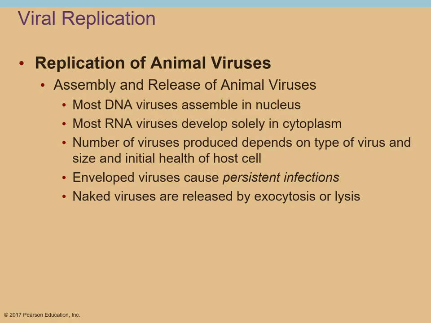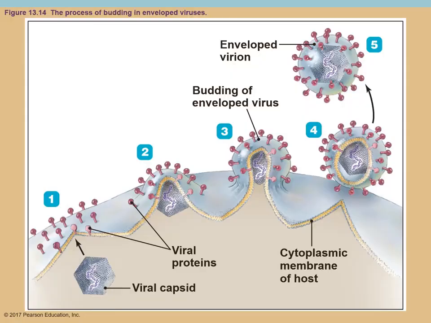Typically, your enveloped viruses can cause persistent infections. Naked viruses tend to be released by exocytosis or lysis. So as you can see here, here's a process where you have the glycoproteins that are on the surface of the cell. Here's your capsid with the viral nucleic acid, maybe DNA in here, or double-stranded RNA. It's going to move towards the outer surface, towards that cytoplasmic membrane, and now it starts to be pushed out,